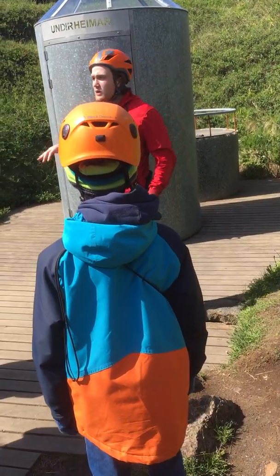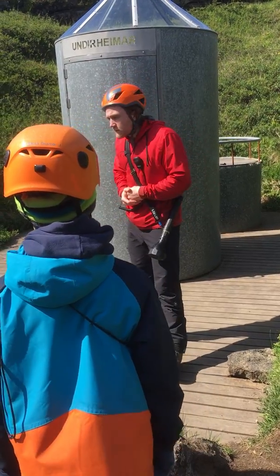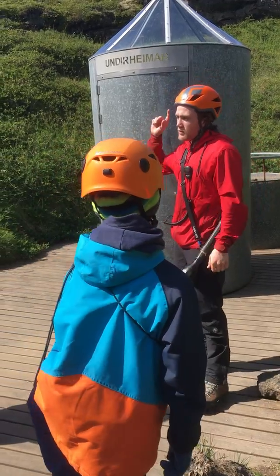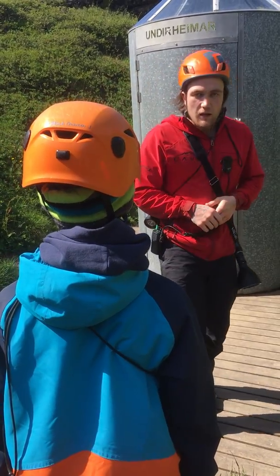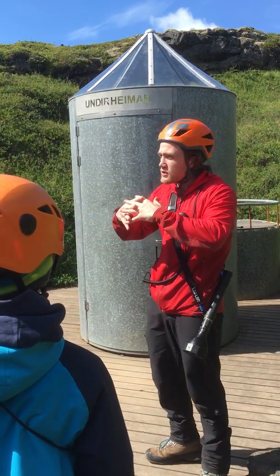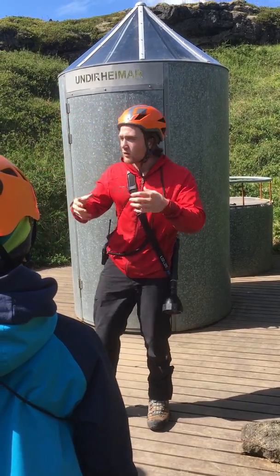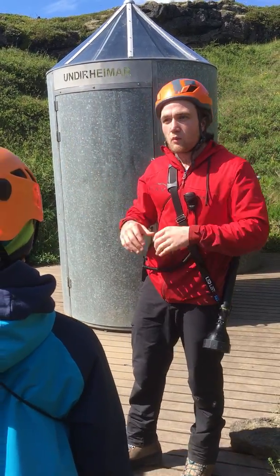Right here where we are standing, we are kind of standing in the entrance itself. Doesn't maybe make a lot of sense when I say it like that, but this is what we call a breakdown. It happens when the eruption was finished and the whole area started to cool down. When lava rock like this is cooling down, it shrinks a little bit, creating all the cracks and holes in the lava rock. And in some places on the ground there were weak spots where the rock was a little bit thinner, a little bit weaker than in the surroundings, and this was one of those weak spots where the ceiling